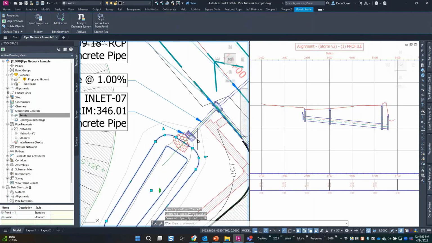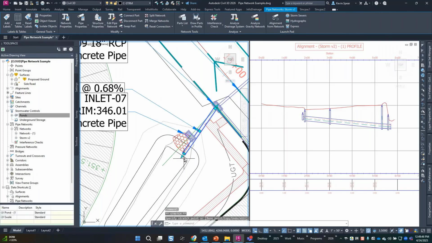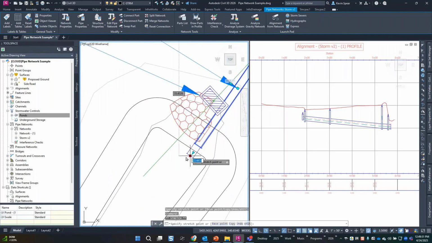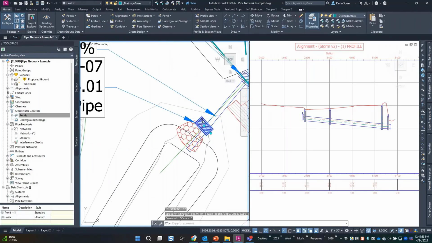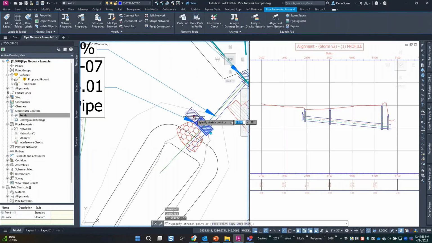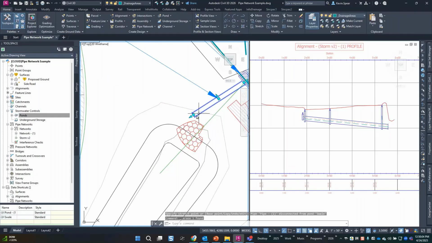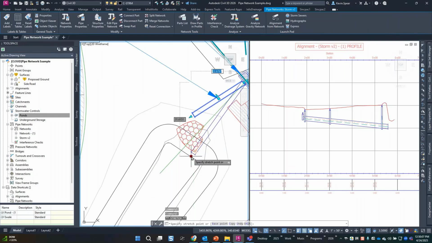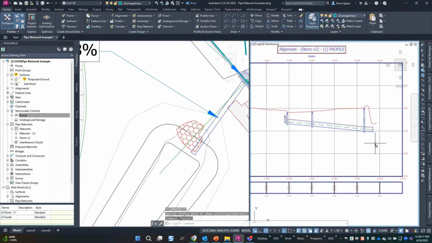Again, I'm not attached, so let's make it attached. Right, something like that. So let's move this guy out of the way for the moment. In fact, oops. Yeah, let's make it do that. There we go. All right, so there is my